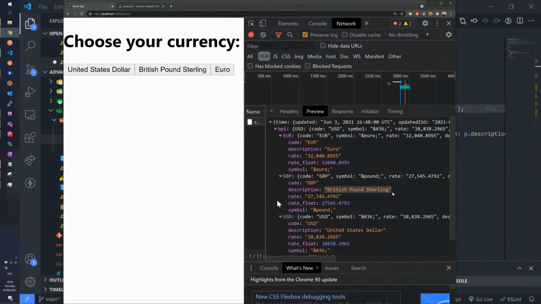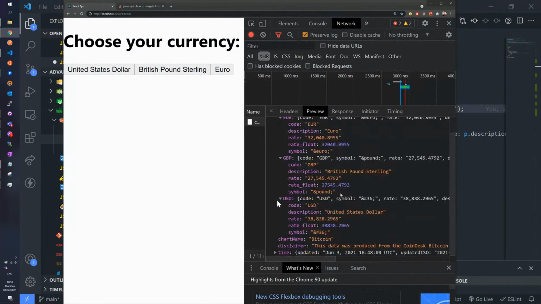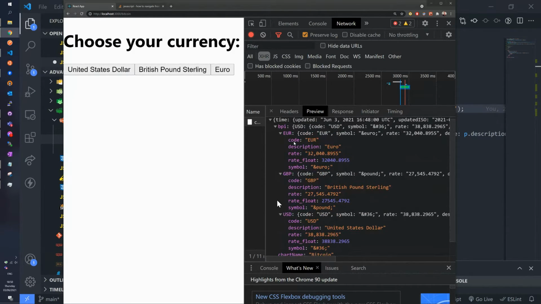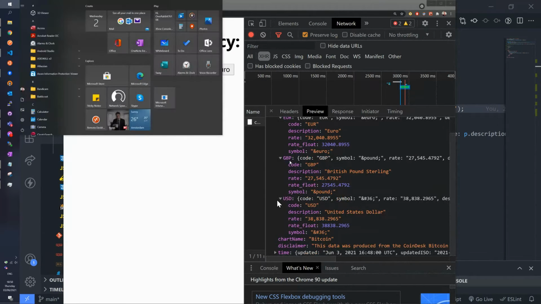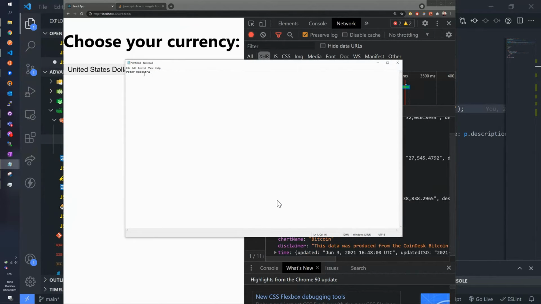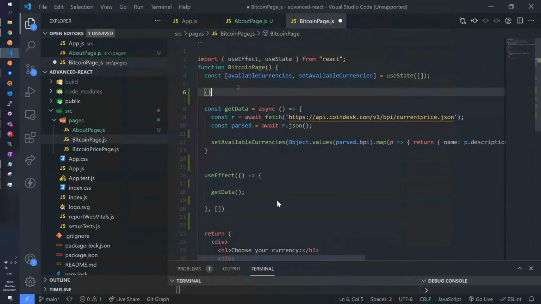So what I want to do is make an array where I have these descriptions one after each other. But that's not enough, because I also want to keep the description, but also the code, right? The USD. And you'll see later why I need that. So I want to go from this complex object to something like, I think it's better that I show it here. Something like an array like this,